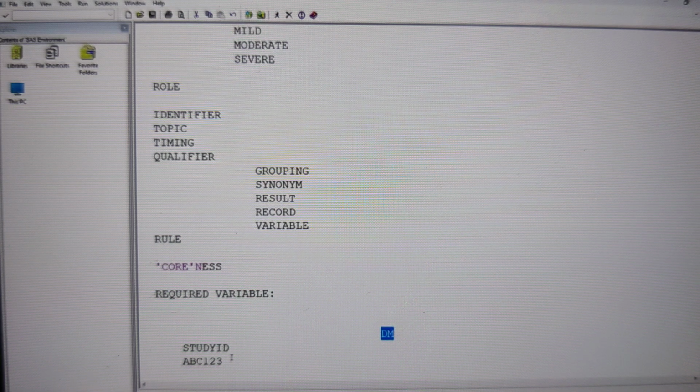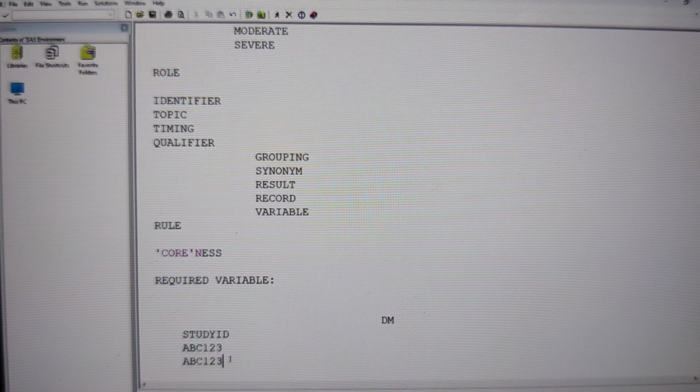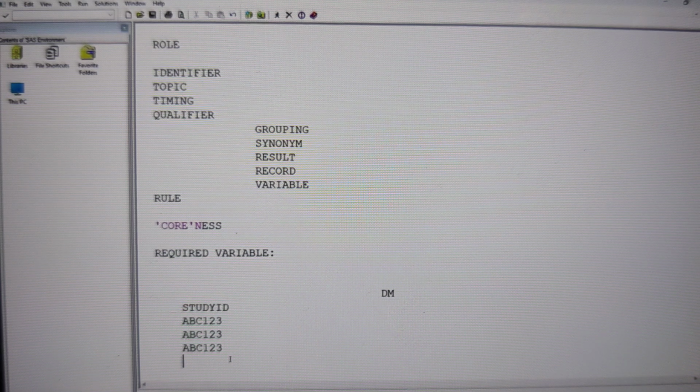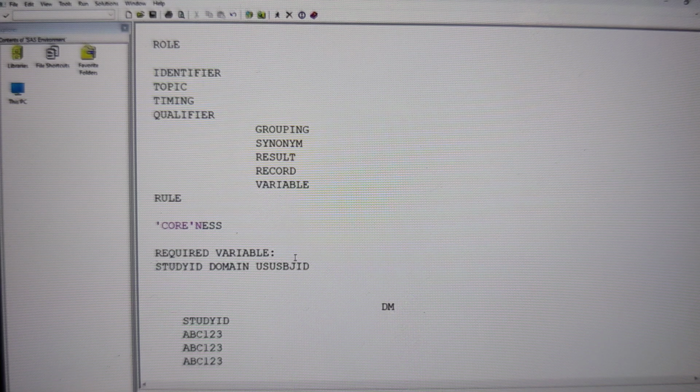So, for example, in the DM data set, you can have 1000 observations. In all the 1000 observations, what should I have now? I should have a value. I should not have a missing value in any of those observations. And that variable is called a required variable. For example, study ID, and we are going to have one more variable called domain, and one more variable called use of dictionary, and in future one more variable called sequence. All these variables are examples of required variables.